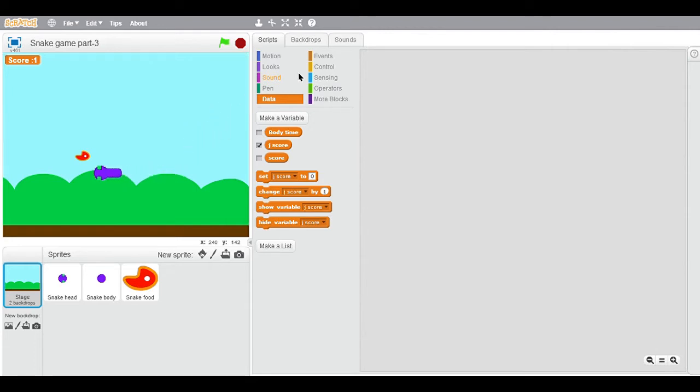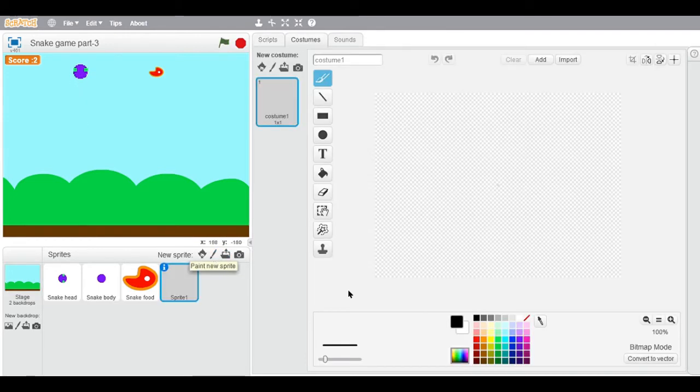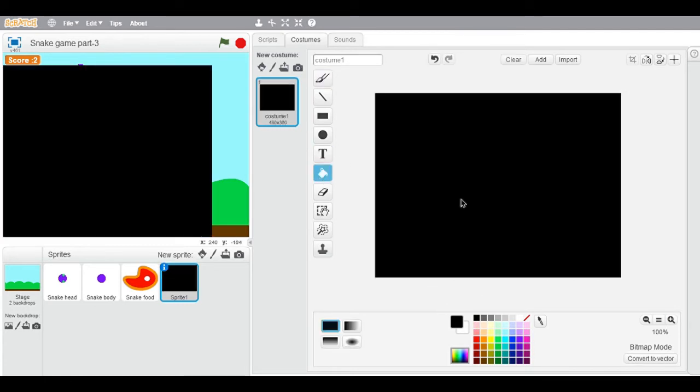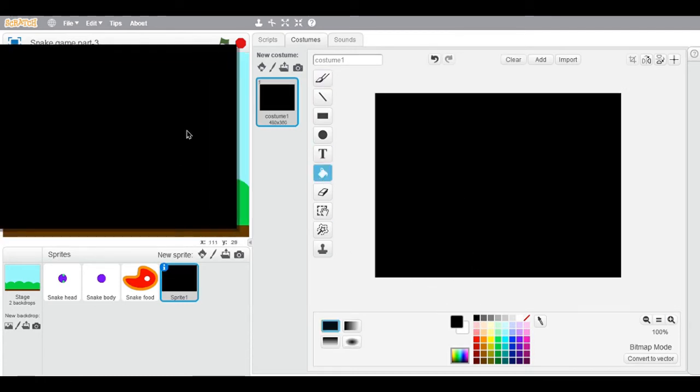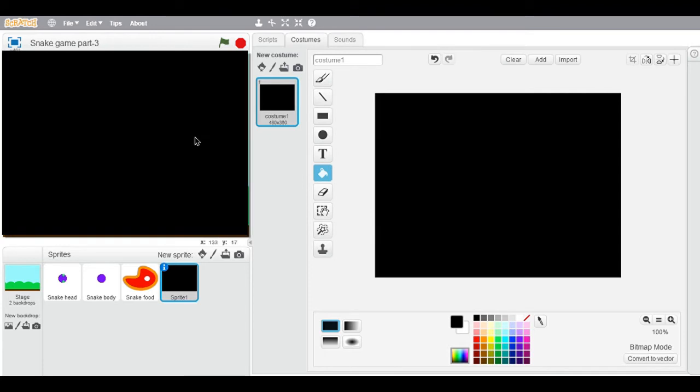So for that, click on this paint new sprite button and convert it into bitmap like this. Fill it with black color. Okay, it should be in the middle, and just take a text block and type something in white color like